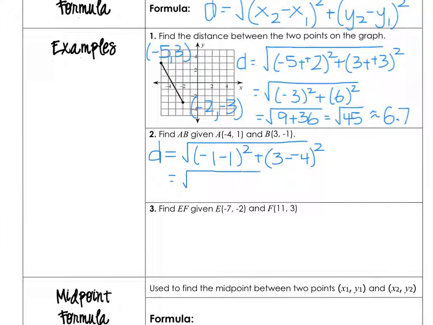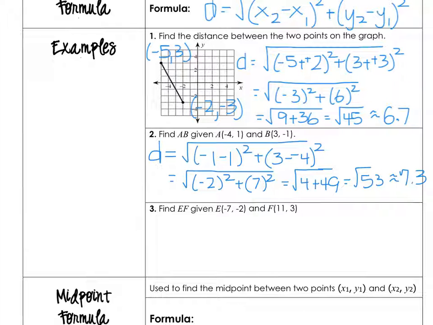Simplify what's in the parentheses. Negative 1 minus 1 is negative 2. 3 minus a negative 4 is 7. So you get the square root of 4 plus 49, which is the square root of 53, which is approximately 7.3. And the last one,